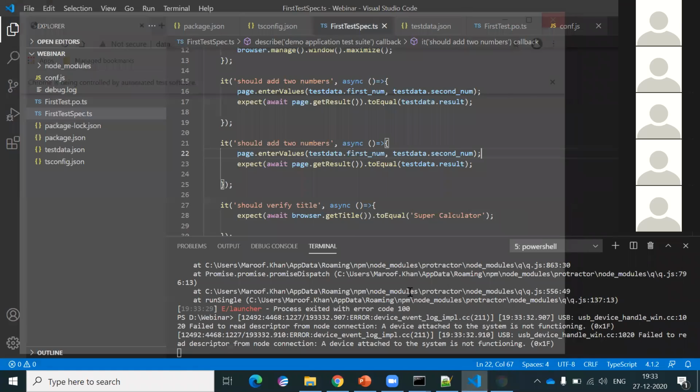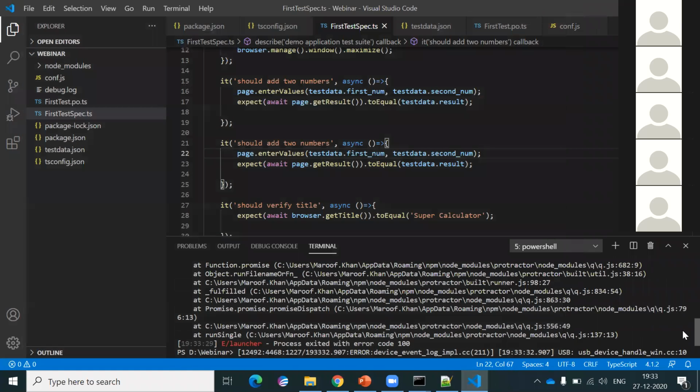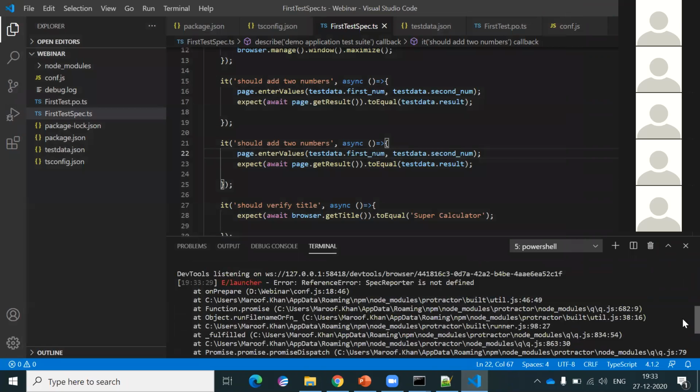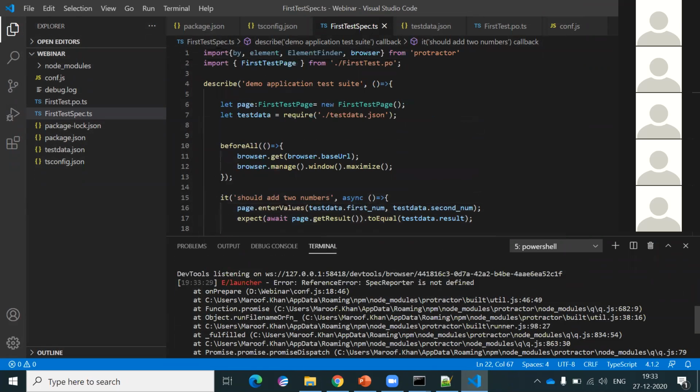Something failed. Okay, it is saying spec reporter is not defined, which is true actually, because on top of this, we have to say in the conf.js file,